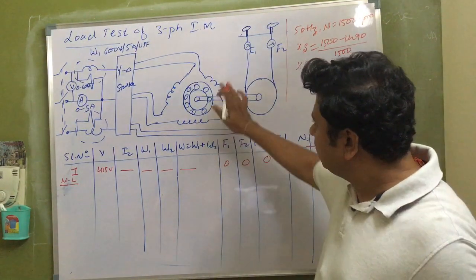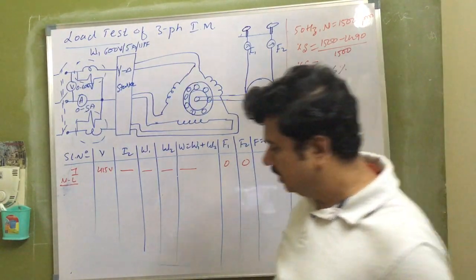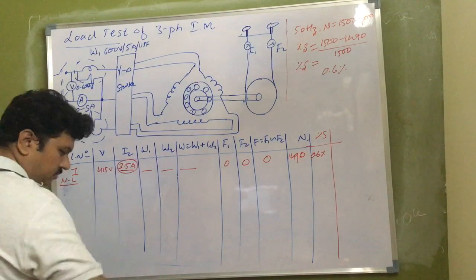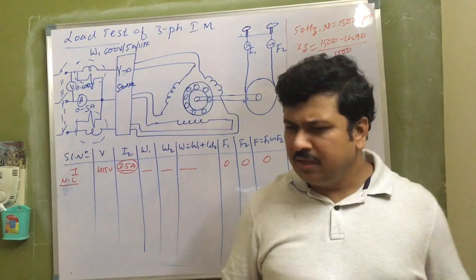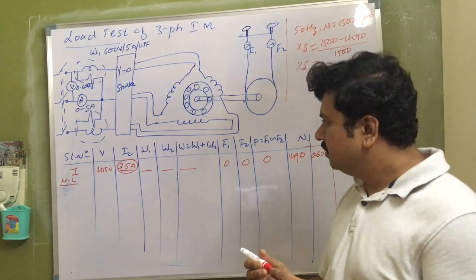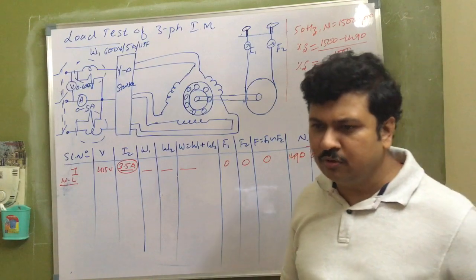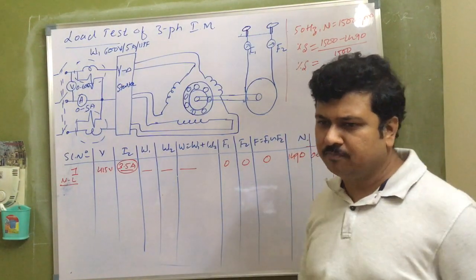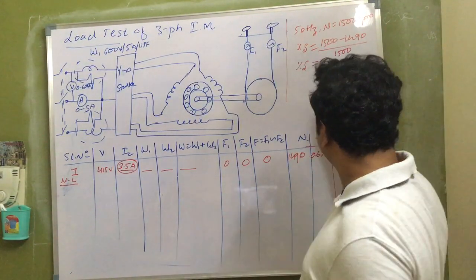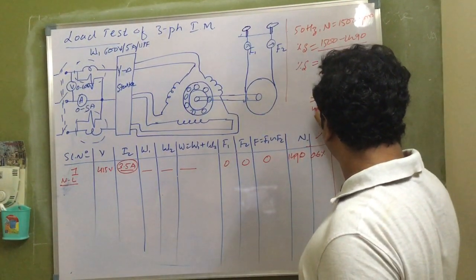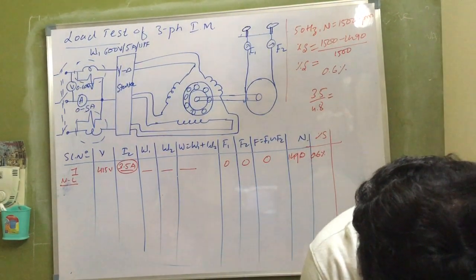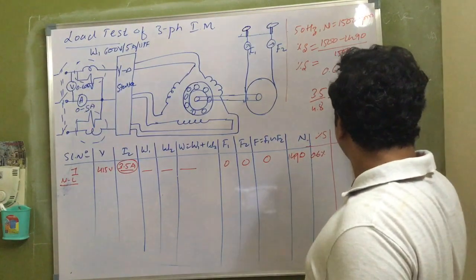Whereas the no load current of the induction motor will be around 3.5 amperes. Around 3.2 to 3.5 or 6 amperes you will get practically. Some of the batches or groups who have done this experiment, if you remember, it's good. It will be around 3.5 amperes. See, what is the value of current? 3.5 by 4.8. What is the percentage? You see, it is 73%.